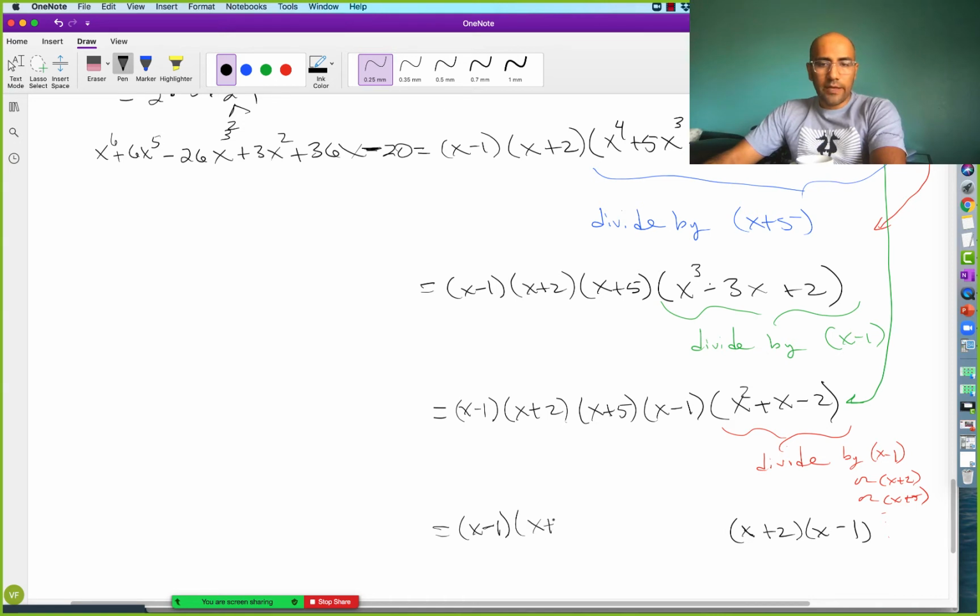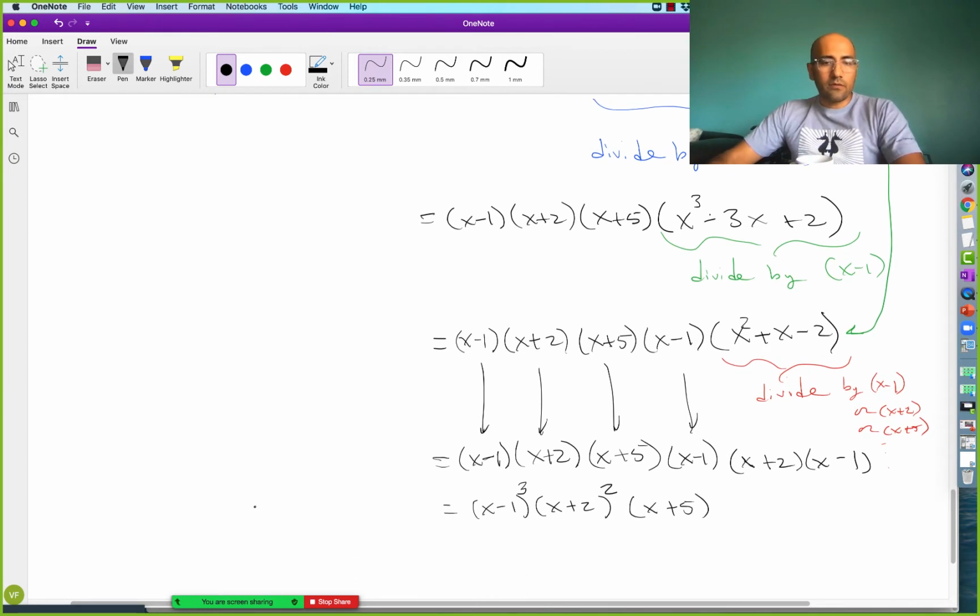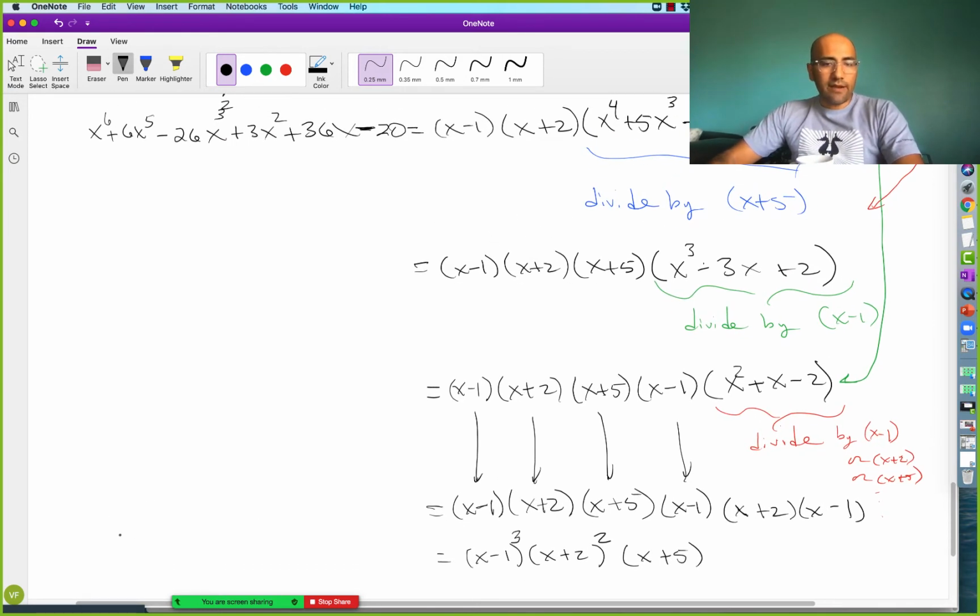X minus 1, x plus 2, x plus 5, x minus 1, right? So that's from these guys. And then these factored into that. And then we can put it all together and say that there are 1, 2, 3 copies of x minus 1. X plus 2 has 1, 2 copies of that. And there was only 1 copy of x plus 5. So there we go. All that work to figure out the factorization of p of x, the original polynomial, which